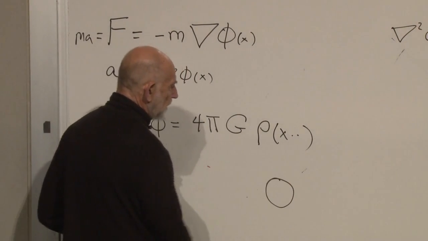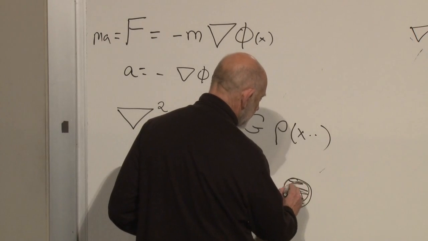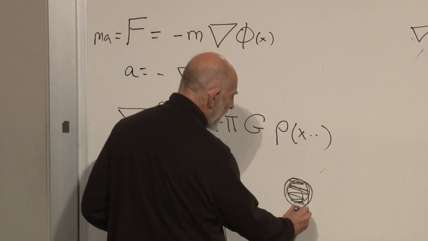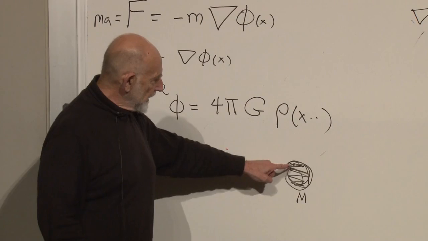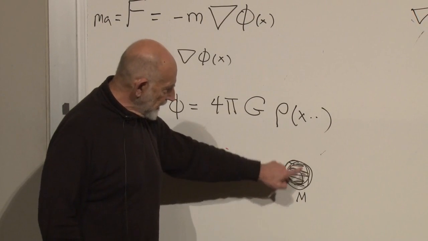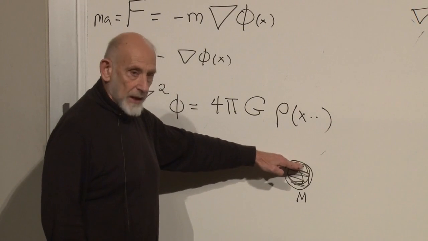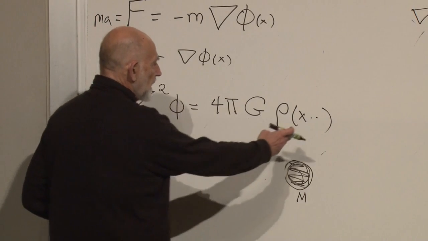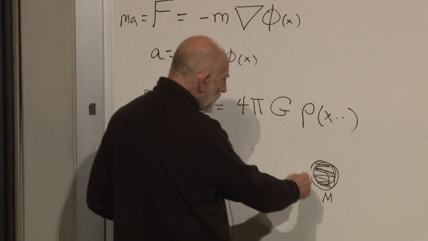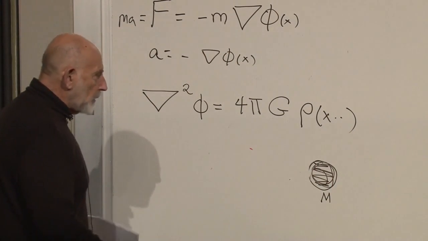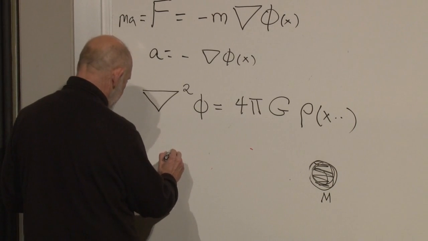say a spherically symmetric object, a completely spherically symmetric object of total mass m, and it does not matter whether the mass is uniformly distributed in there, meaning to say it has to be symmetric with respect to rotation, but it could be more dense in the inside than the outside, doesn't matter. Once you get on the outside of where there is any mass, once you get out beyond the region where there is mass, you can solve the equation uniquely, and the solution of the equation is phi